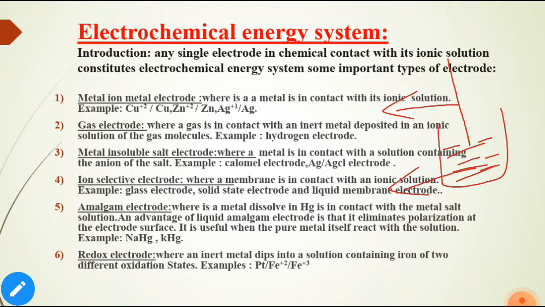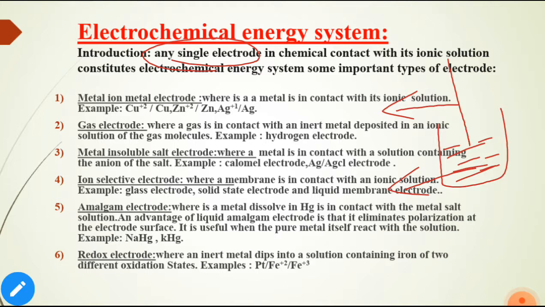Here we have taken some important types of electrodes. What is an electrode? It is the surface on which the oxidation or reduction of the cell reaction will occur. Means in a single electrode, either it forms the oxidation state or it forms the reduction state, so it is totally a half cell reaction that will occur. Some electrodes may or may not participate in the reaction. The electrode which does not participate in the reaction is called an inert electrode.